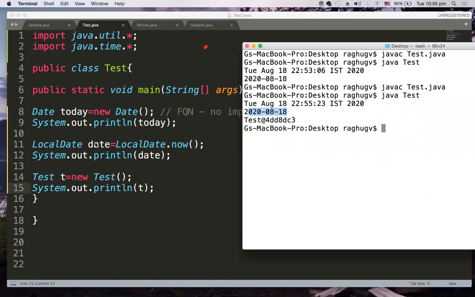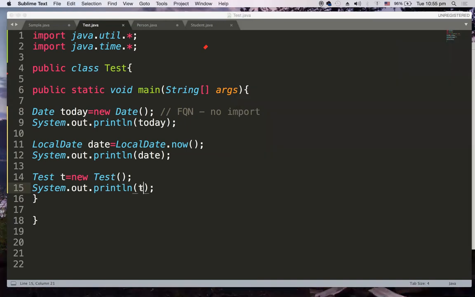When these references are printed, I am getting date, but when t is printed, it is actually giving me the string represented hash code value. Why? Okay, so the answer you know already. Whenever you are saying t, this is nothing but t.toString, right? And whenever we say date, here also we have date.toString.